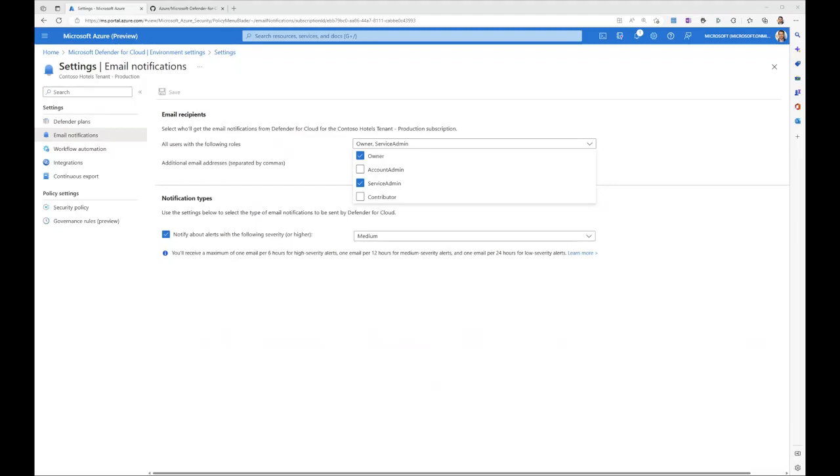So imagine if I wanted to ensure that for every high severity alert or even from medium onwards, both the subscription owner and the contributor are notified by email of this. For that, I would go here, I would select owner, I would select contributor, and I would put here medium, and most importantly, click save. This would ensure whenever Defender for Cloud does generate or trigger a security alert with medium or higher severity,